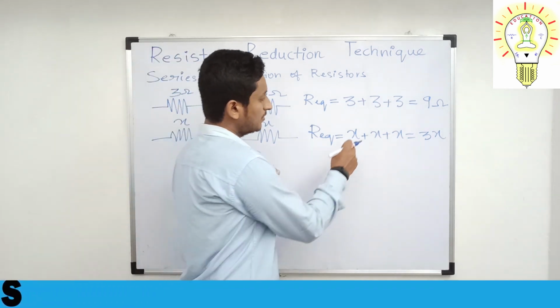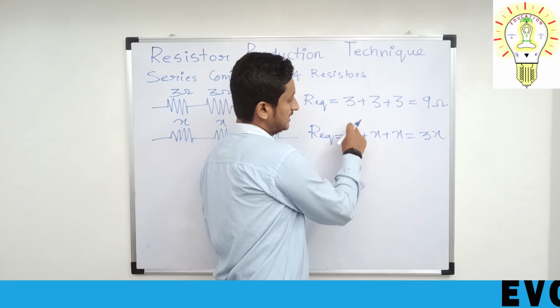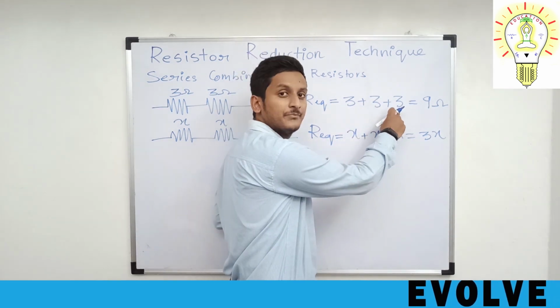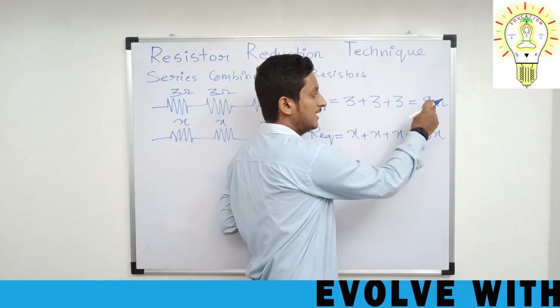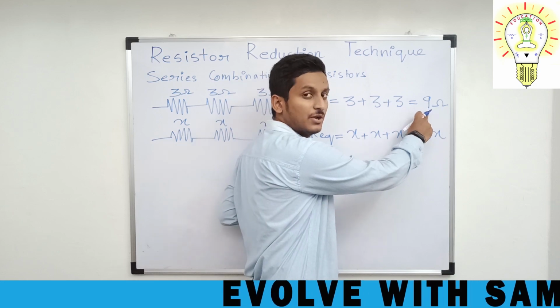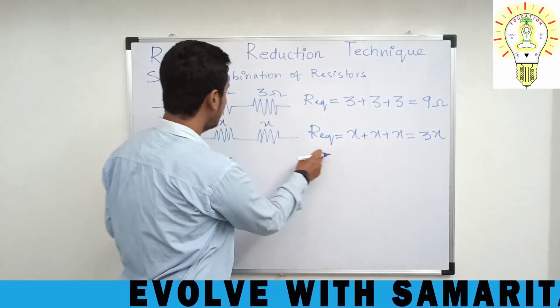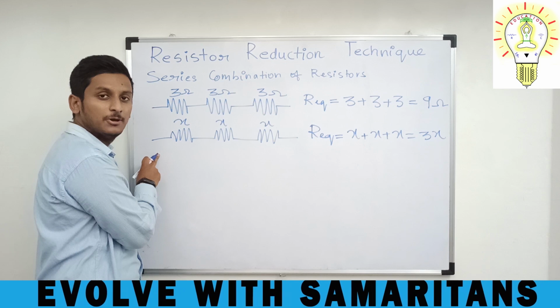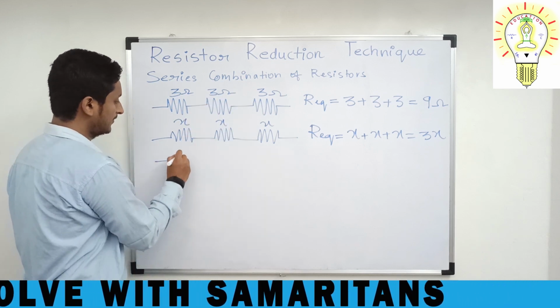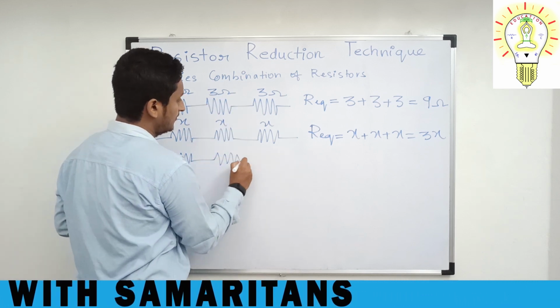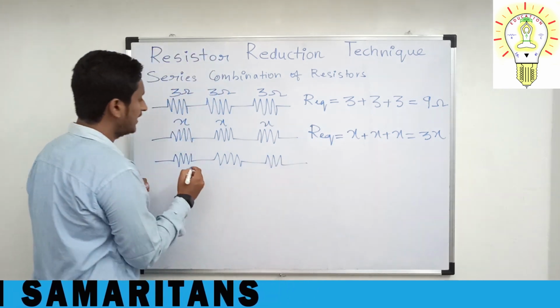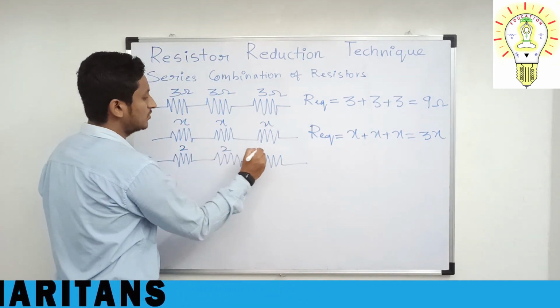Now if you observe here, X is 3, X is 3, X is 3. And what happened here? The sum of 3 resistances is equal to 9. But how can we calculate it very fast? Let us take one more example. Same problem. If I take 2, 2, 2,